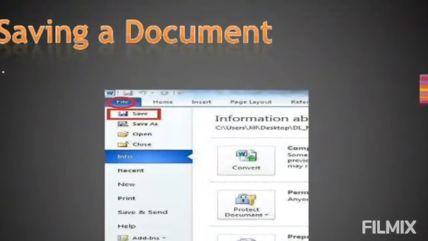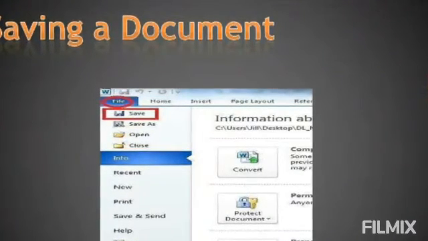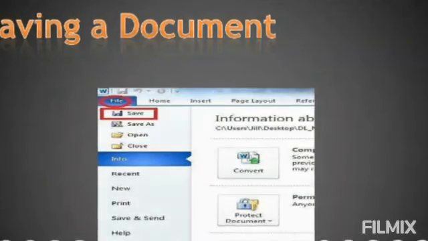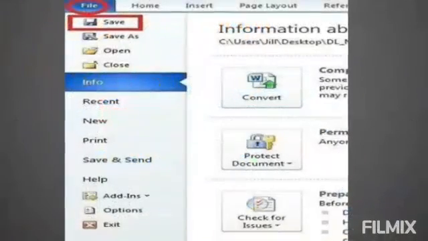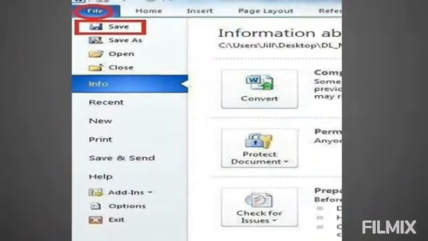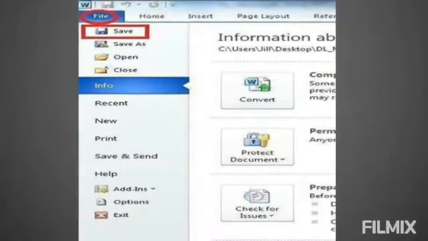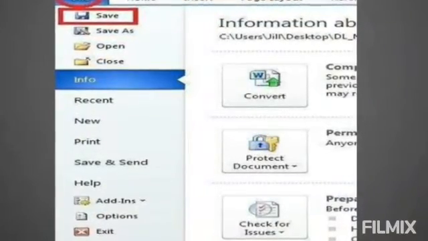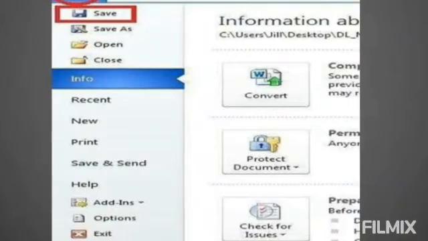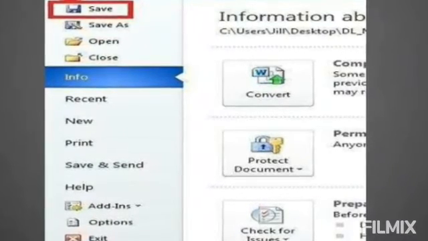Okay students, we learned how to add clipart, how to insert tables in your document, that and all we learned. And the last one is saving your document. We have to save the work you did, right? You can do that by clicking File menu, then you have to click Save and type a name for your document in the file name box and click Save. Or you can use the shortcut key Ctrl+S.